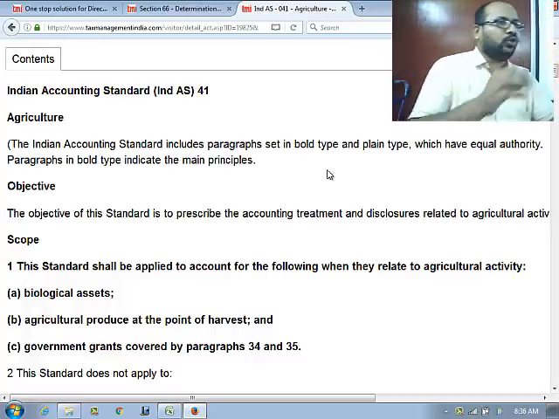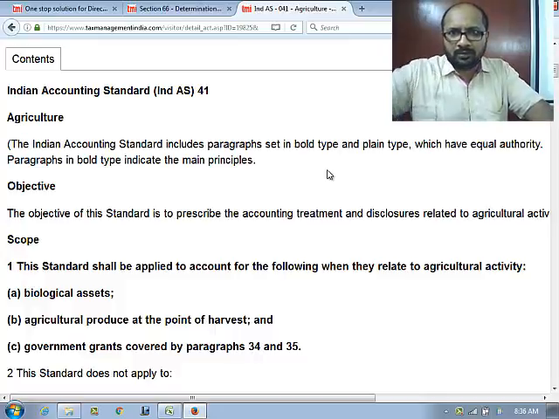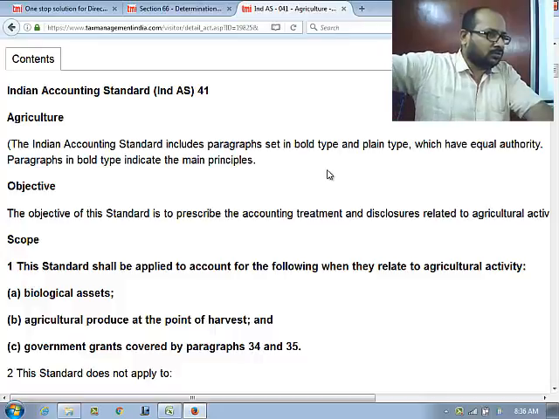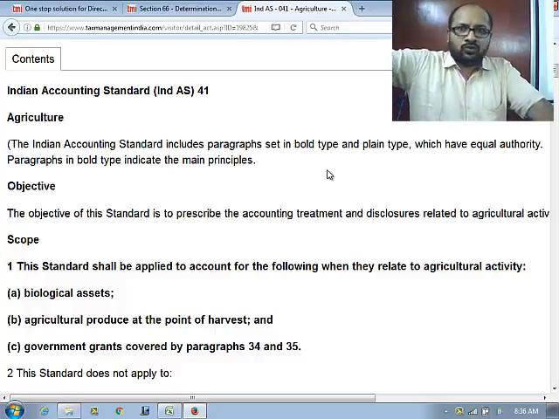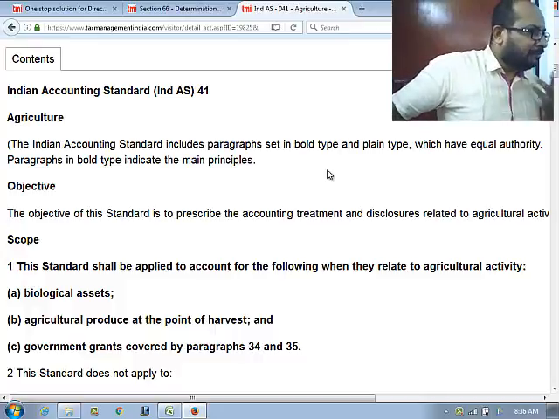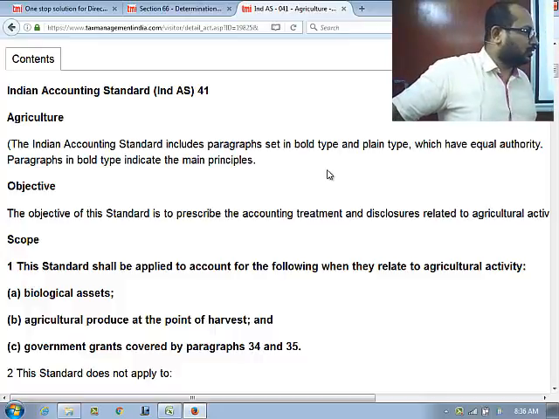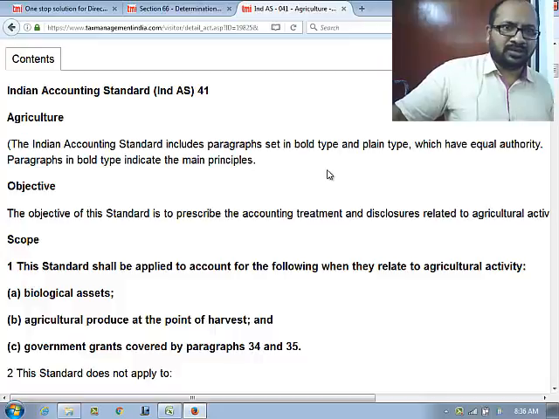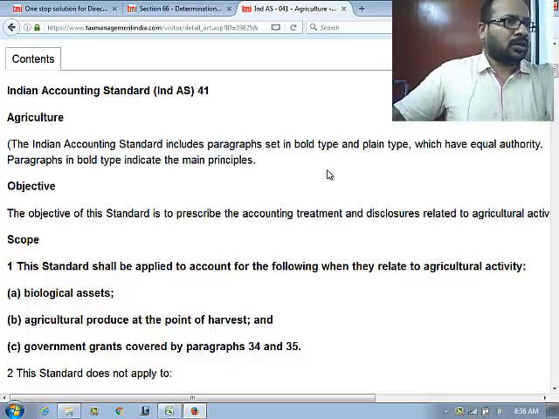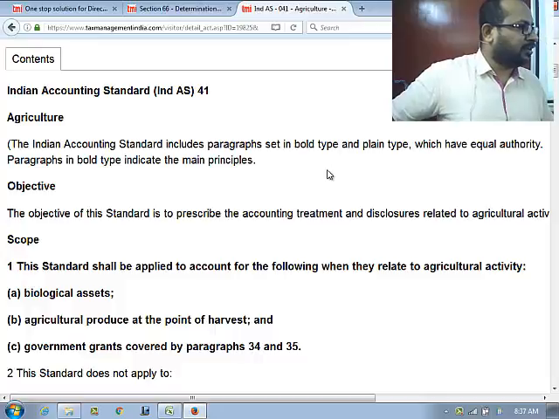A small example: somebody has got a milk cooperative society or entity, or something that can be a limited liability company. Their major asset is only your farm animals. No doubt at all about that one. So they have to show animals in their assets. What would be the carrying amount of the animals? They may not always acquire them. Most of the farm animals could have been bred internally. What would be the cost?